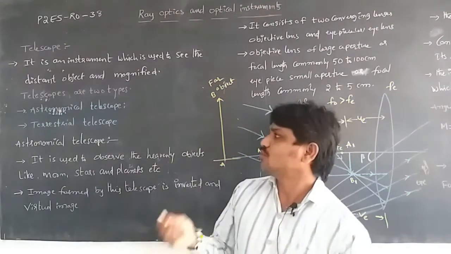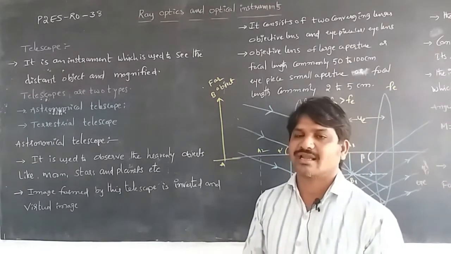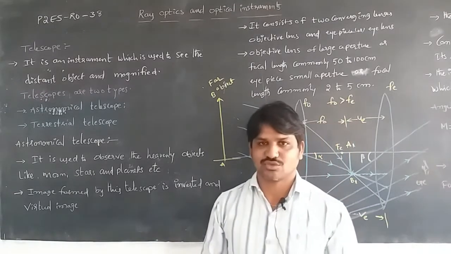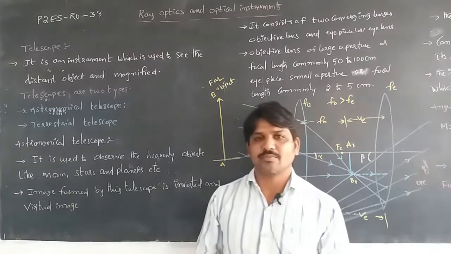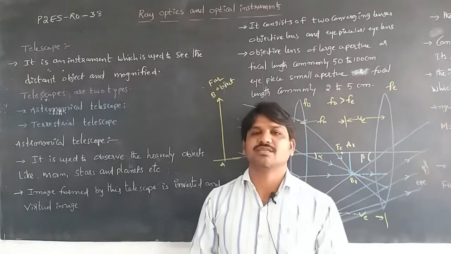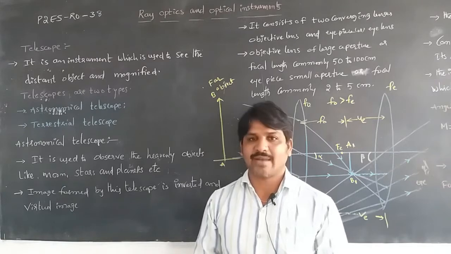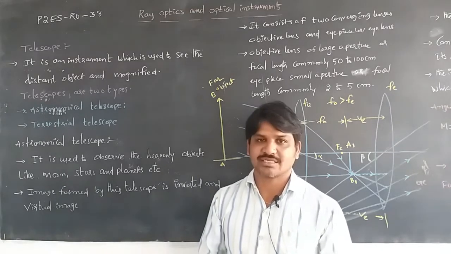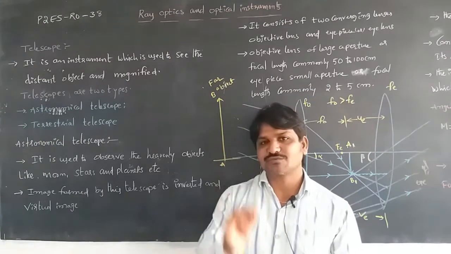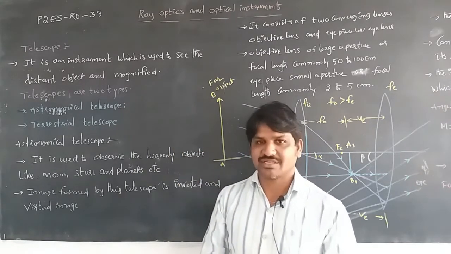Here are the two types of telescopes. The first one is the astronomical telescope. An astronomical telescope is an instrument used to observe heavenly objects like the moon, stars, planets, etc. We can observe distant objects. And the image formed by the astronomical telescope is an inverted image,